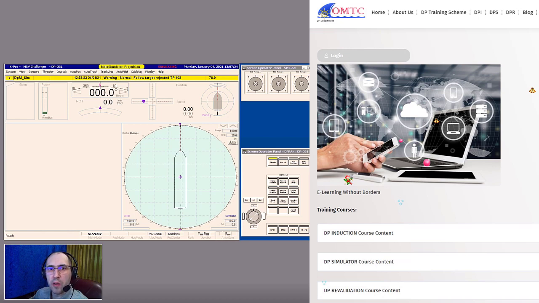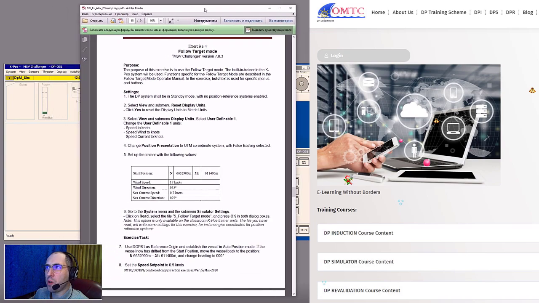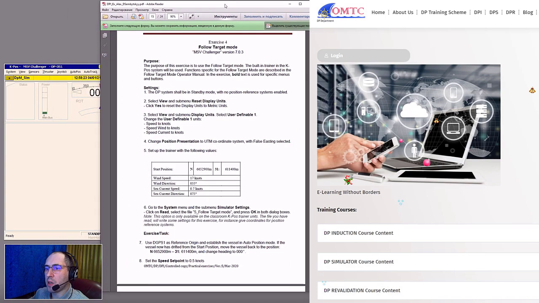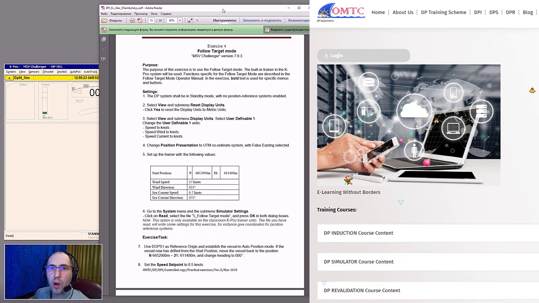Good day everyone, and during this training session we are going to conduct together exercise number 4. This exercise is connected with follow target mode, and the detailed instructions on how to run the exercise, as usual, are provided in your training book. So open your exercise training book at the exercise number 4 page, and let's read and make the preset up